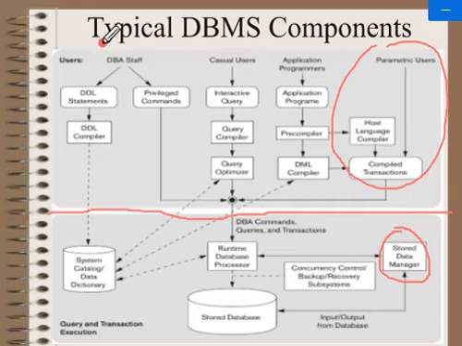The DBA staff works on defining the database and tuning it by making changes to its definition using the DDL commands, DDL and other privileged commands. That's why we can see here we have DDL statements and privileged commands. That interface is given for the database staff.